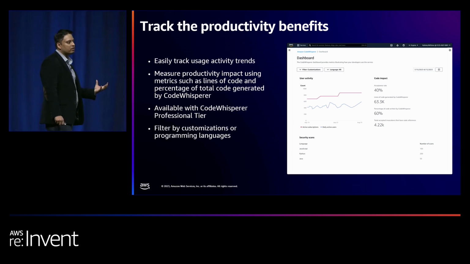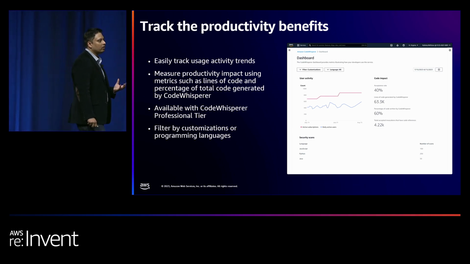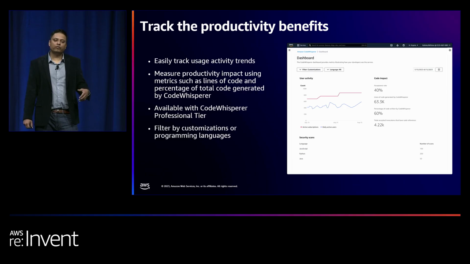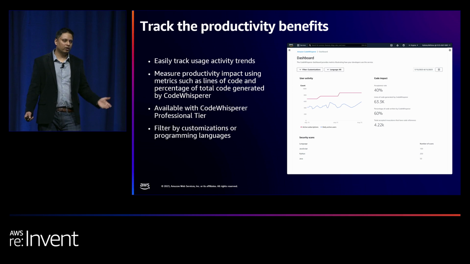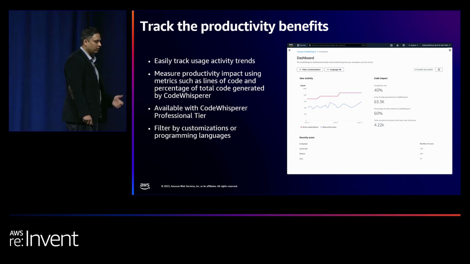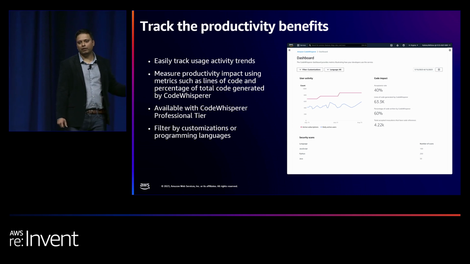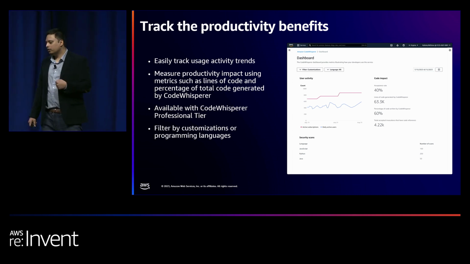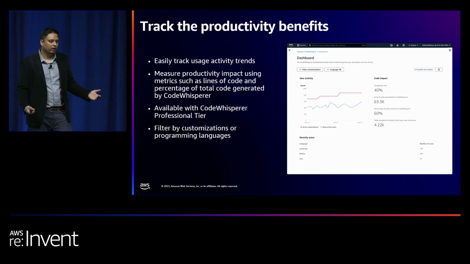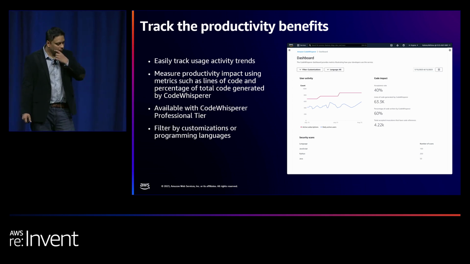Let's say we roll this AI tool out to our developers. How do we know that this is any useful at all? Well, of course, you can have a few surveys. You can ask your developers whether they are happy, whether they're satisfied, do they feel more productive? Most of those things will come out with positive responses because this is a new tool. People like playing with it. The question is, how do you know that this is actually helping them be more productive?